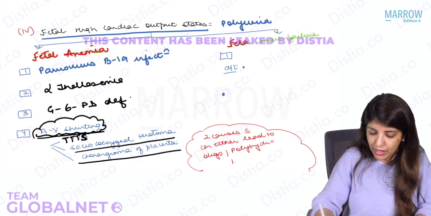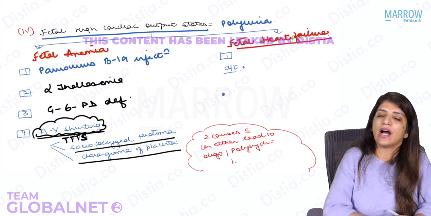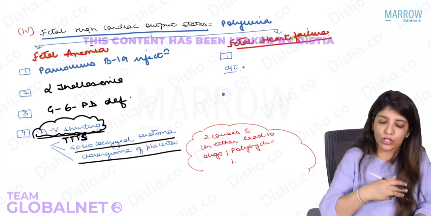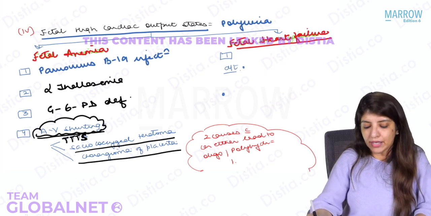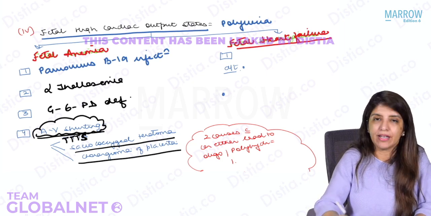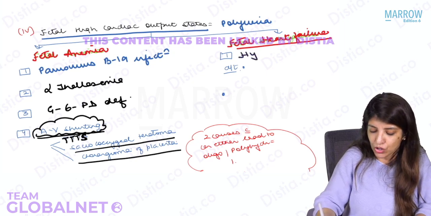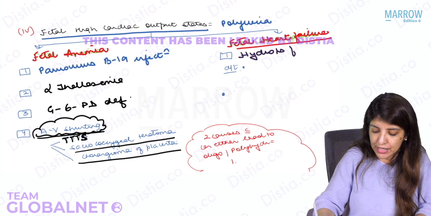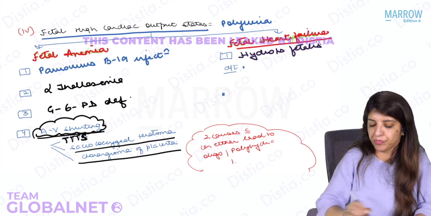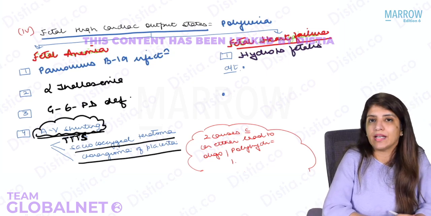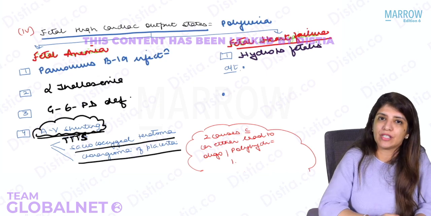So whenever there will be fetal heart failure, you are going to get high cardiac output, which is going to lead to polyuria. Now, what are the conditions in which you get heart failure? A very, very important condition in which there is fetal heart failure is hydrops fetalis. Hydrops fetalis. Now, in hydrops fetalis,